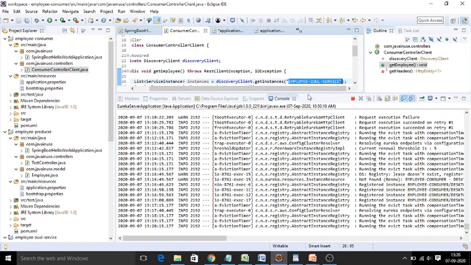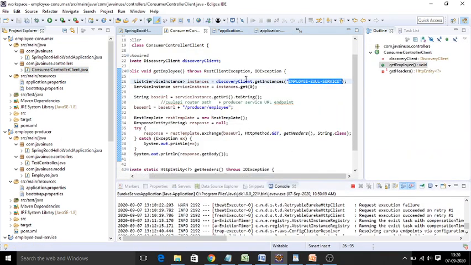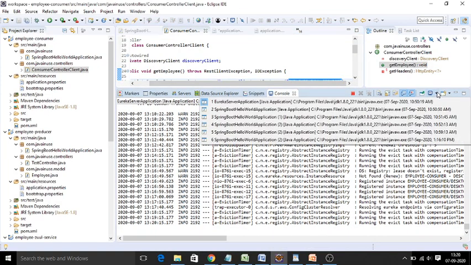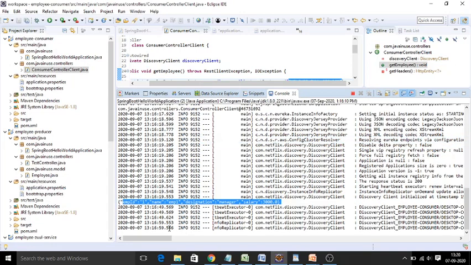The same thing we have seen in our client program. Here we are making use of the same instance, getting the URL and consuming it. That is how we are able to display the response at the console monitor. So in the consumer application's console, you can monitor the response.